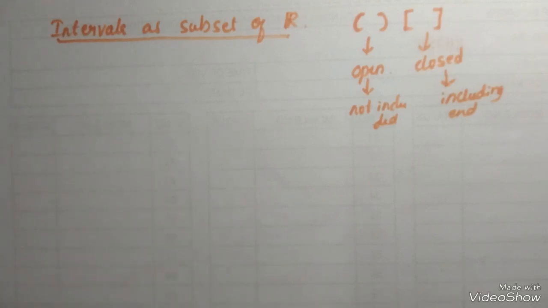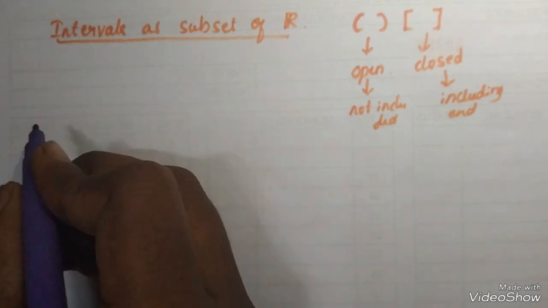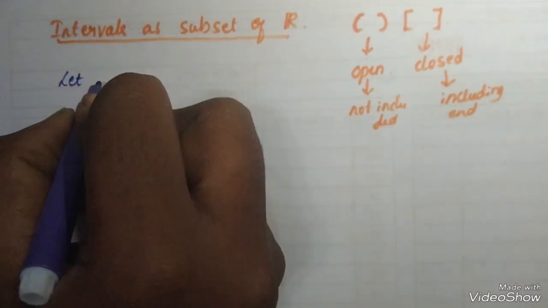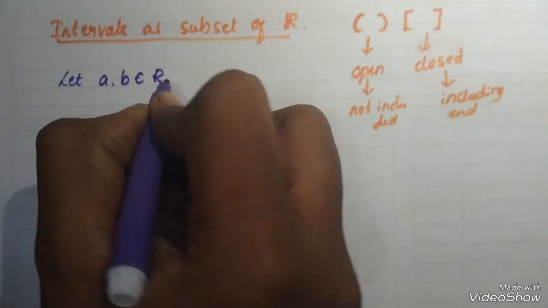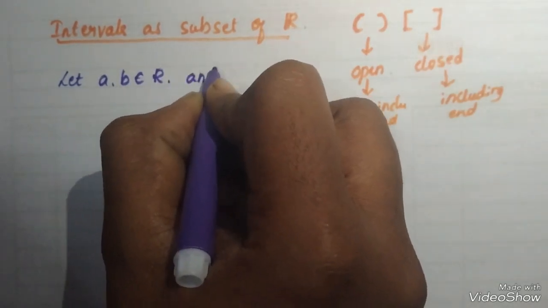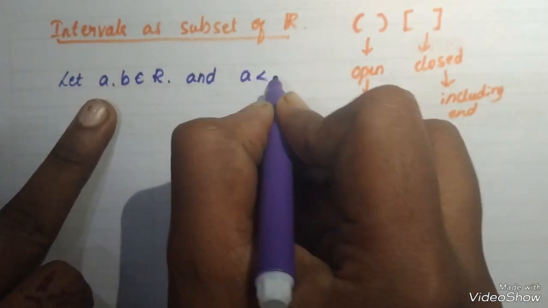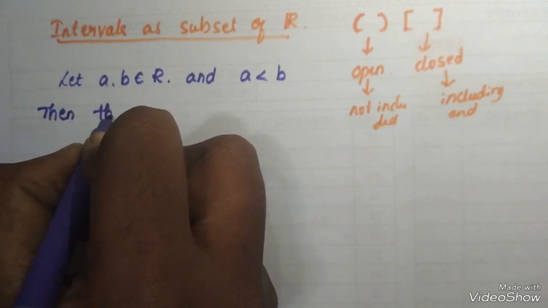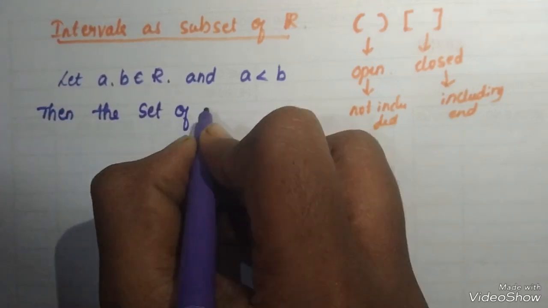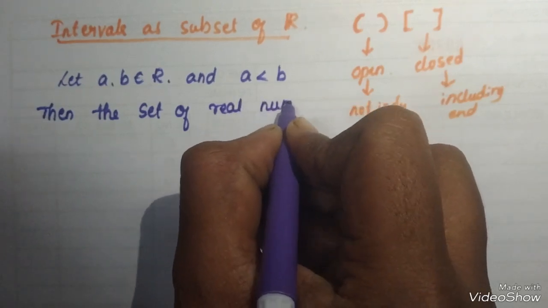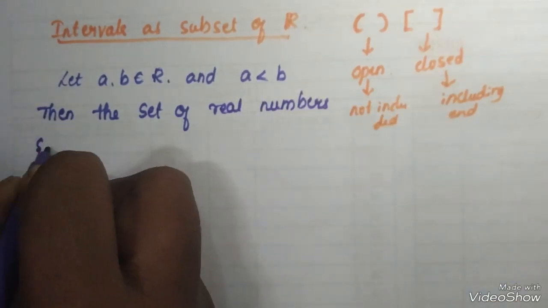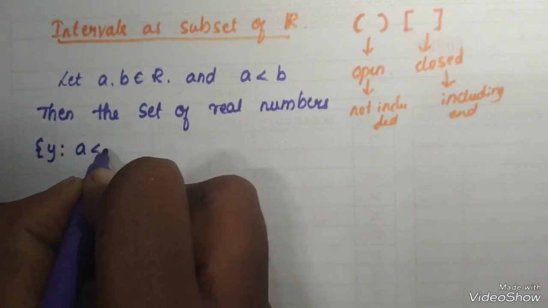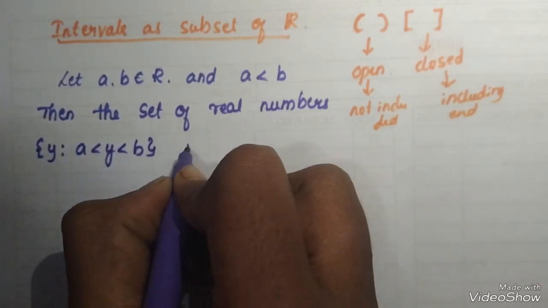Let A, B belong to the real numbers, and A is always less than B. Then the set of real numbers Y such that A is less than Y less than B is called